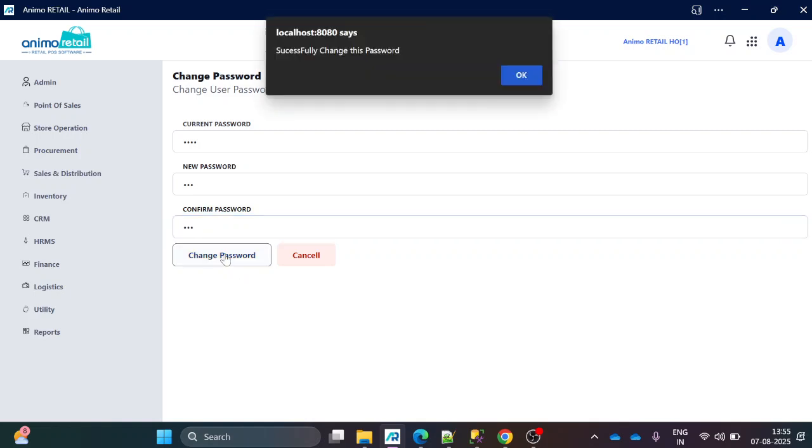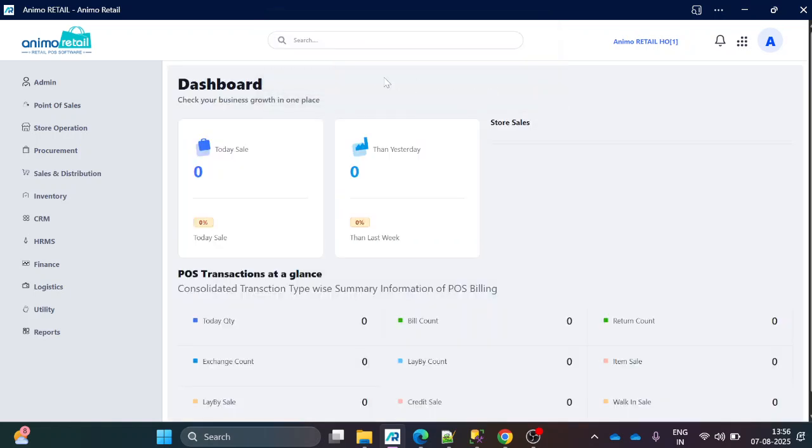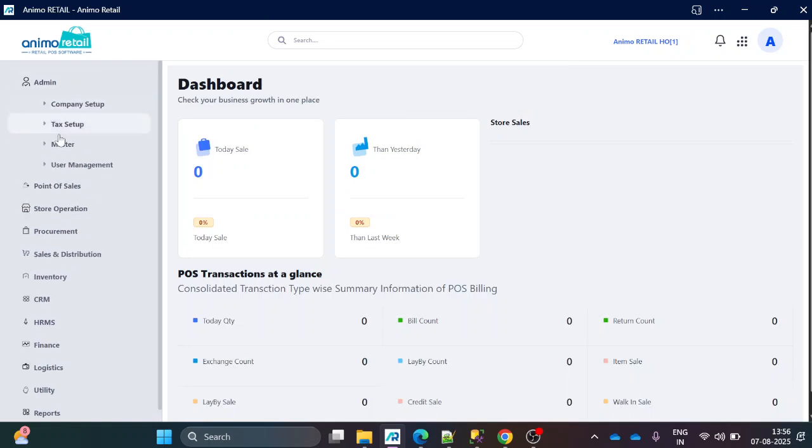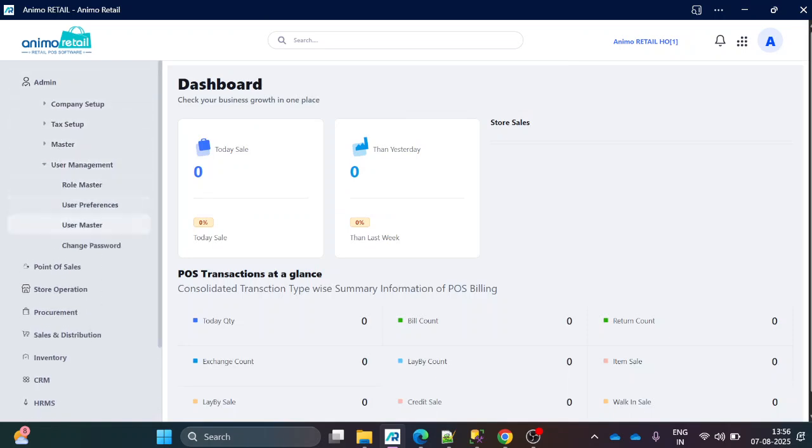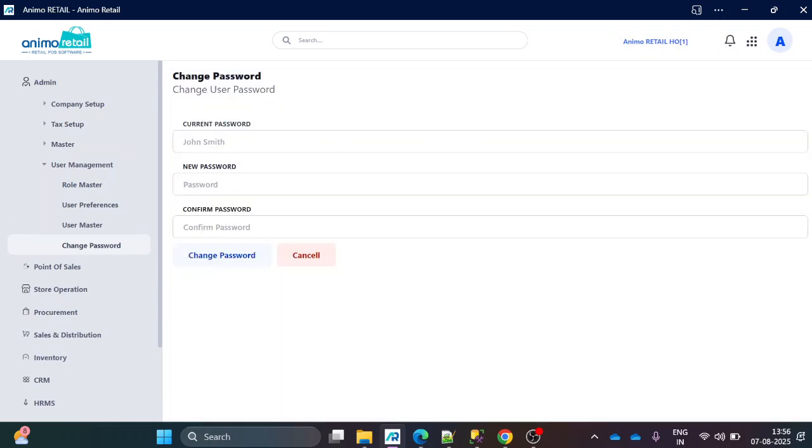Okay, done. The same thing we could have achieved with admin, user management, and change password. So there are two interfaces from where we can